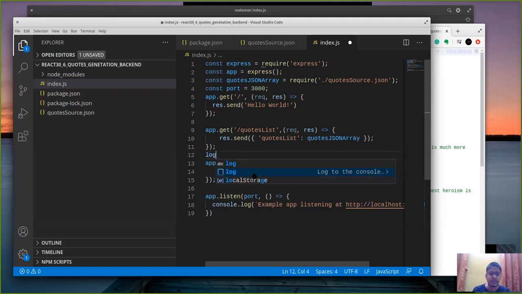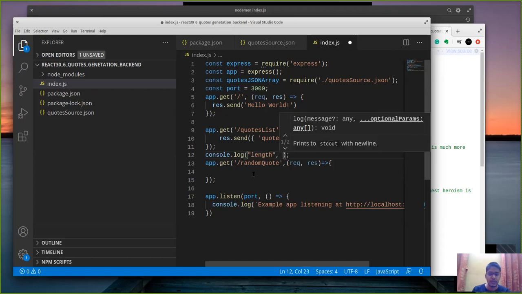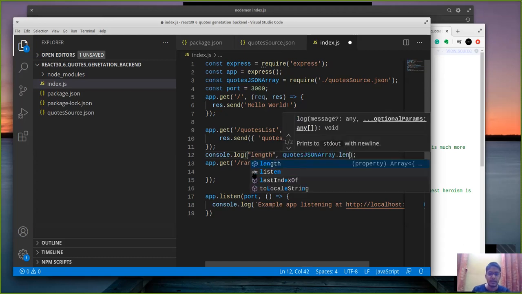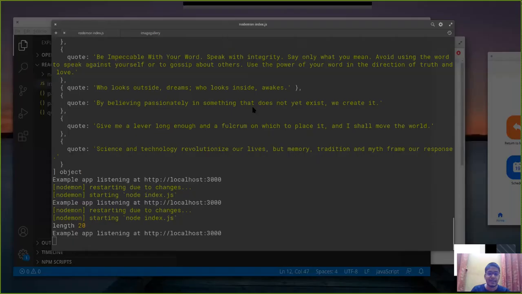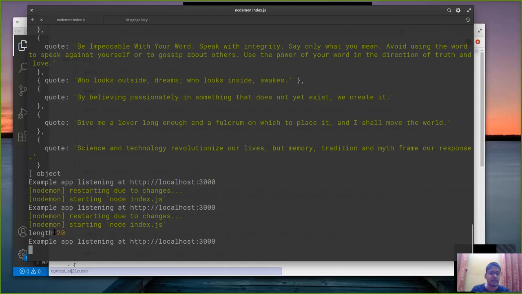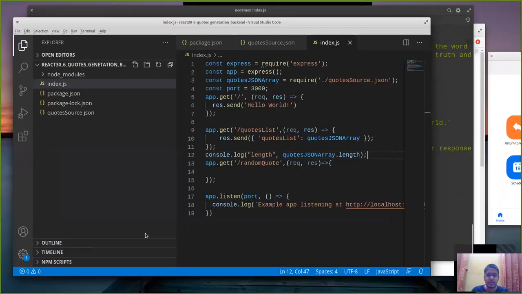We can print it outside. The dot length property is used to get the length of an array. And as you can see, we have a total of 20 quotes in our JSON array.